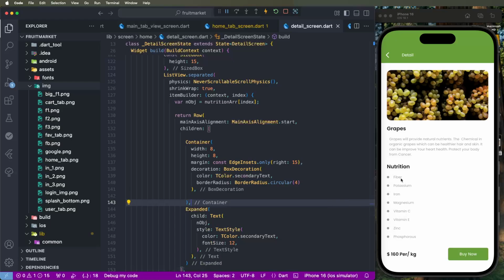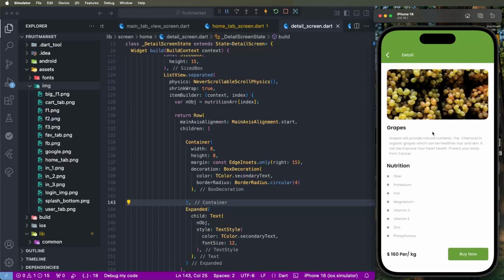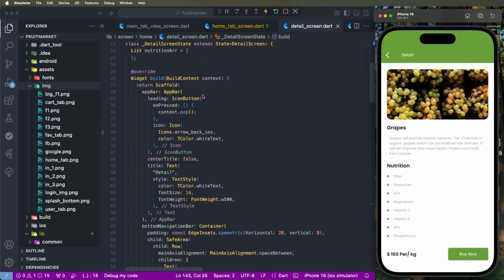We need to show the dots like this, and this is the UI. The detail screen is done, and to test it, first pick the details screen